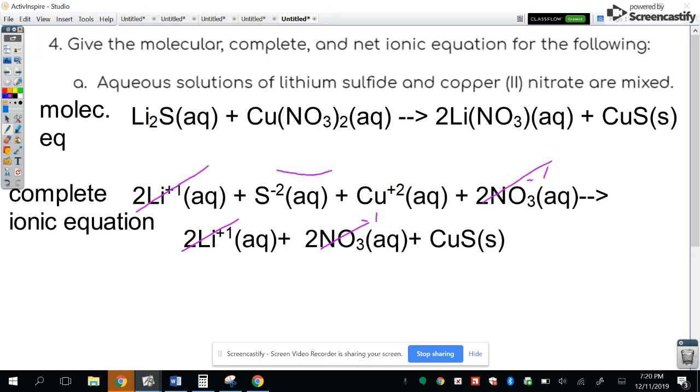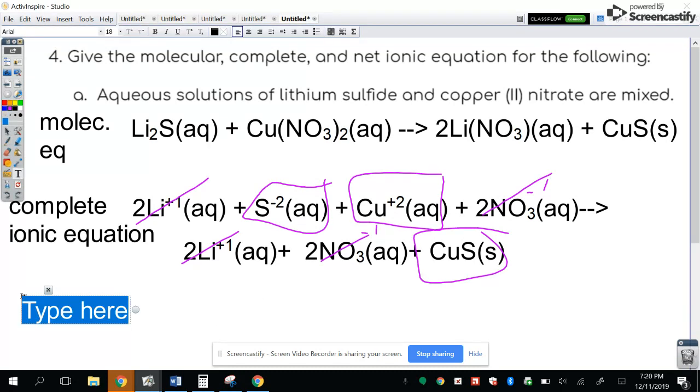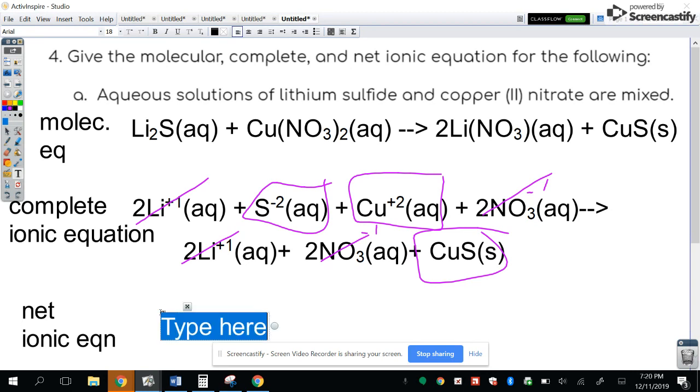So what I'm left with is sulfur reacts with copper to form copper sulfide, and that is going to be what's called my net ionic equation. Okay, so in my net ionic equation, I'm just going to show the things that did change. So copper +2, and again, that's aqueous, reacts with sulfur -2, that's also aqueous,